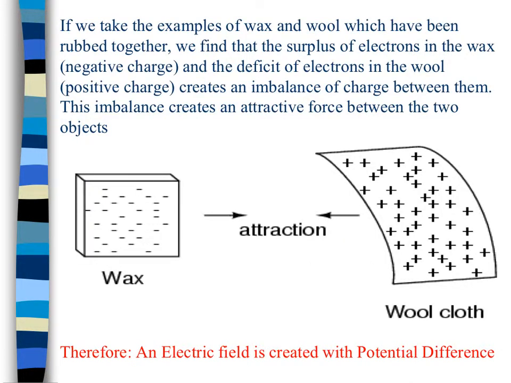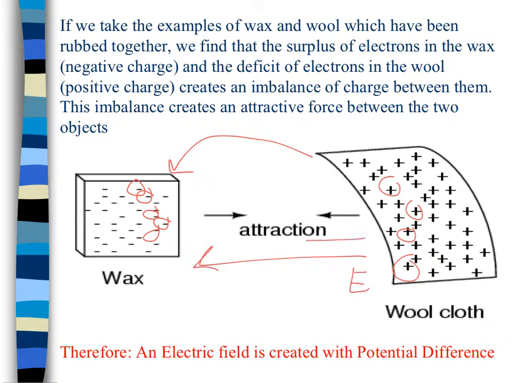So to end our discussion, let's think about if we take a wool cloth and rub it on a piece of hard wax. Wool cloth is from a sheep, so that's like fur, and we know fur gives off electrons. So if we have this negative charge on the wax, and we've created this positive charge on the wool, then we've created this electric field, right? And that electric field happened because of the potential difference, the voltage,